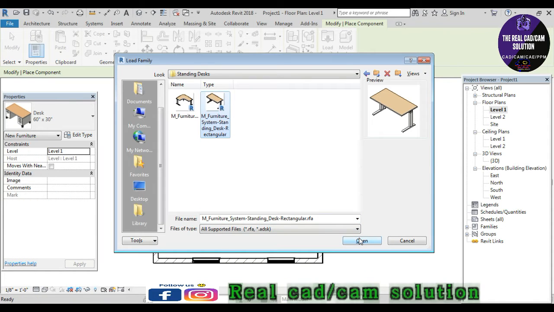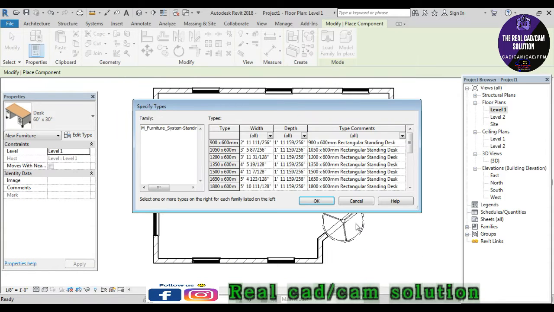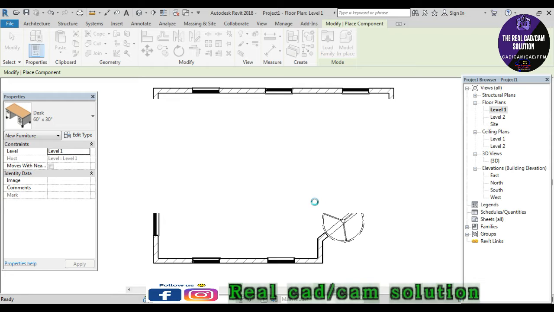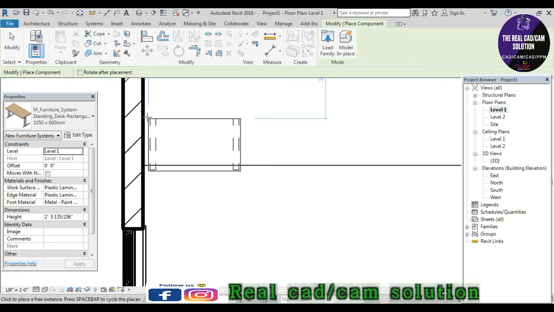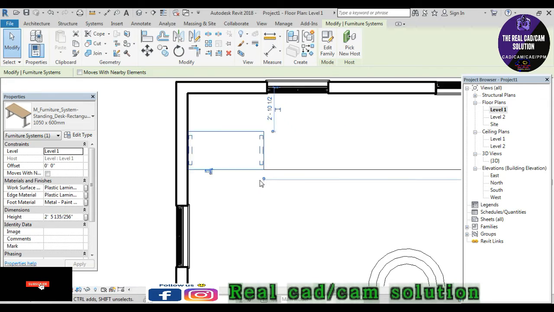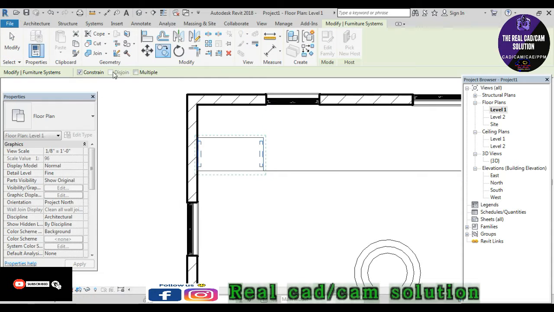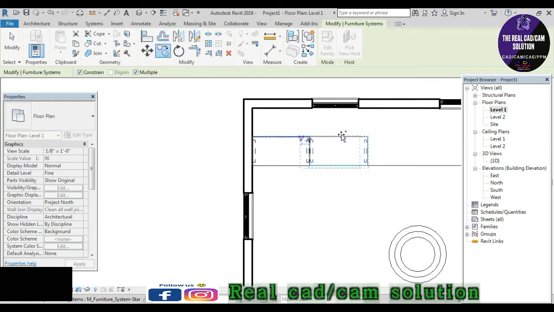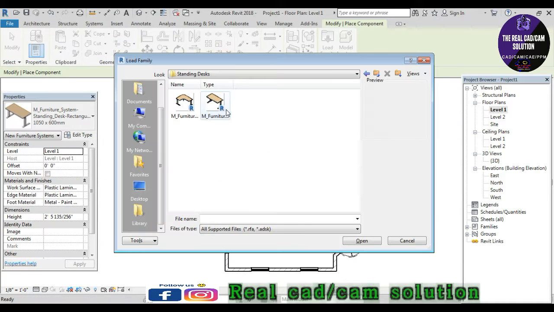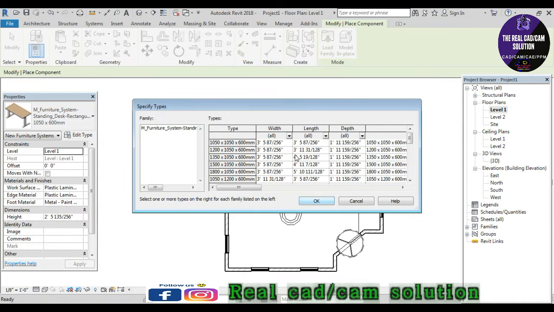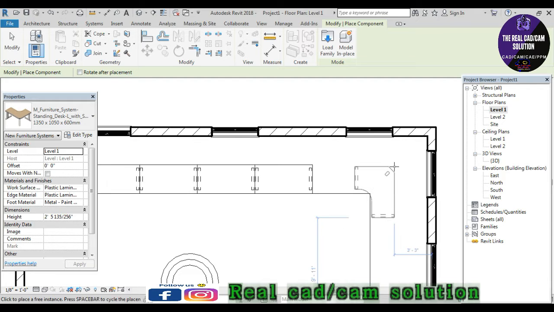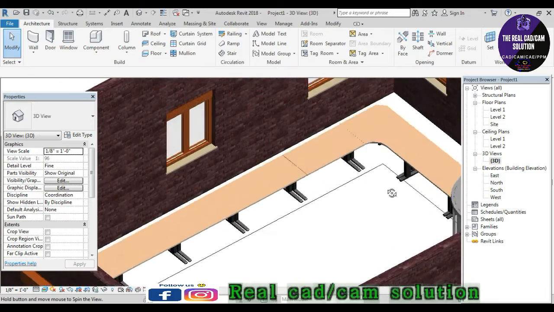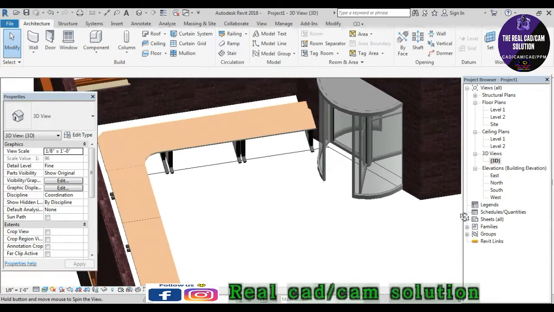Then go to select the table. Click open, choose the size and put it inside. This is a very important procedure of the hotel layout. And then I copy the table all over the section like this. Then go to the corner table also. Select the size. The corner table is also most important. It's almost finished. Just see, very nice.